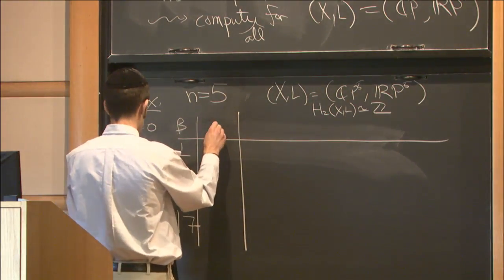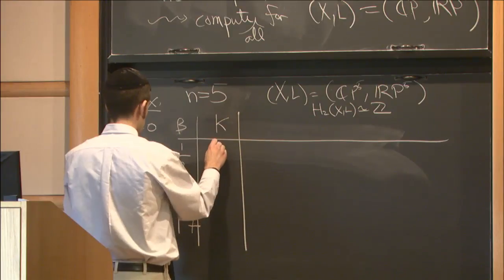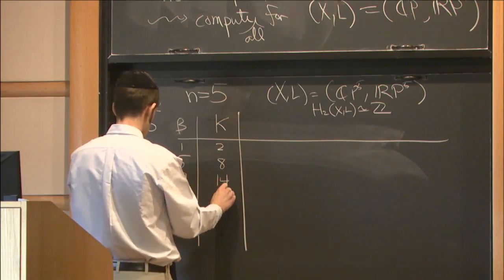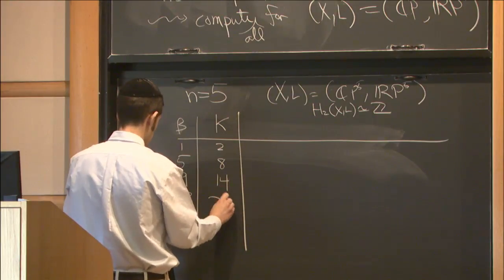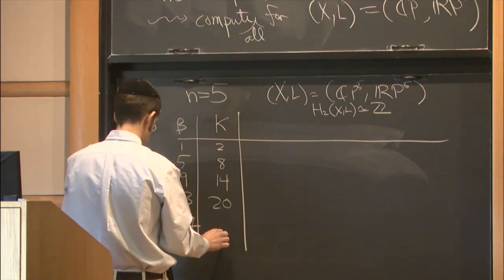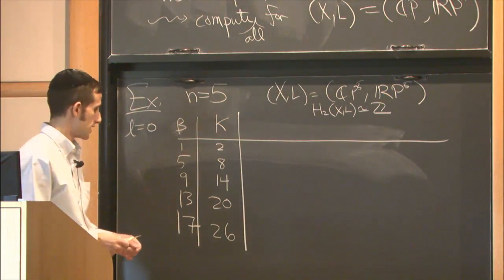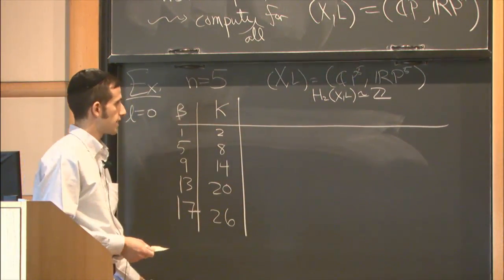Okay, and then we'll look at the number of boundary marked points: 2, 8, 14, 20, 26. So I'm just going to look at all the non-trivial invariants which only involve